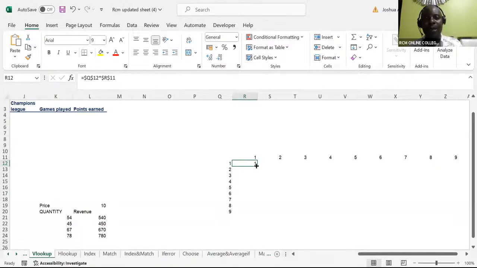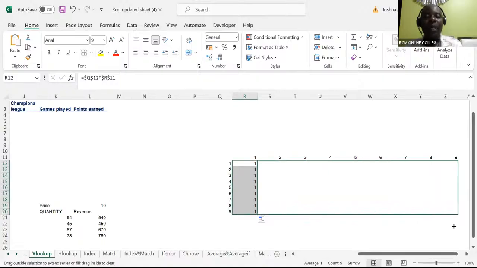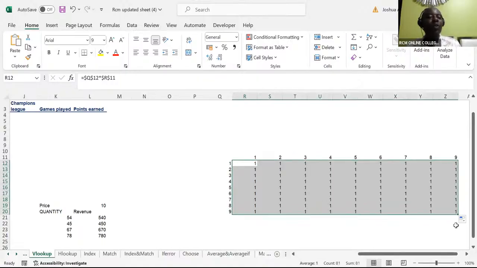Yeah, I ended up getting 1-1 throughout, because it's making reference to this 1 times 1. Regardless of where you move, it's going to 1 by 1, regardless of how we move. It's going back to 1 by 1. So if I say Control Z,